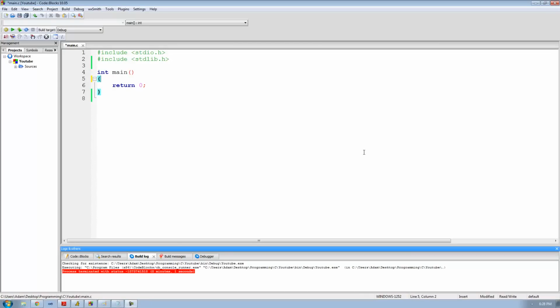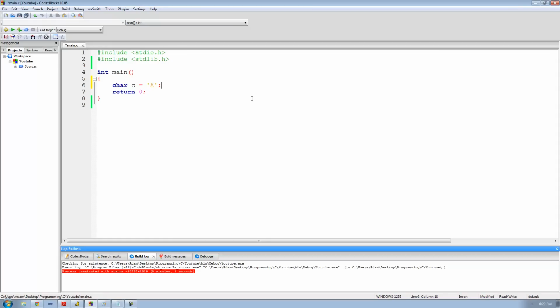Hey guys, welcome to the 35th C programming tutorial, and in this tutorial we're going to be taking an in-depth look at the character variable. So let's go ahead right here and create a character variable called C, and we'll set it equal to the capital letter A. Alright, so in memory everything is stored as a number, so that means that even characters